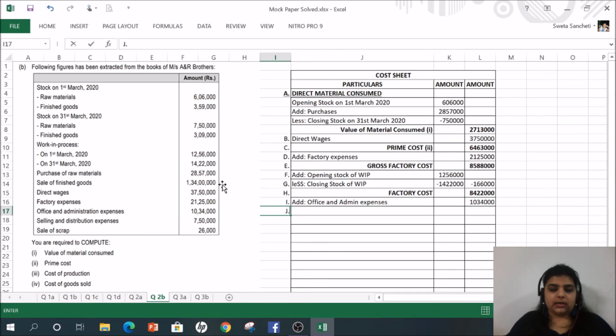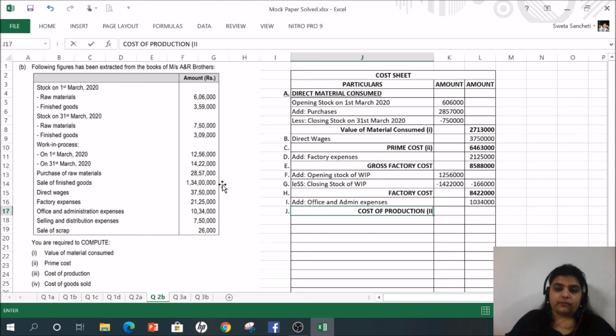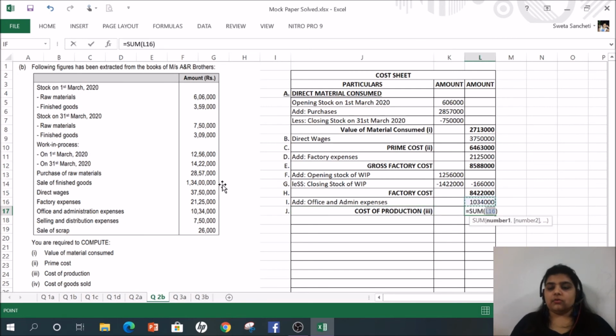What we get is our cost of production or cost of goods produced. This they have asked us. This is the third point that they want from us, that is equal to factory cost plus the office and admin,